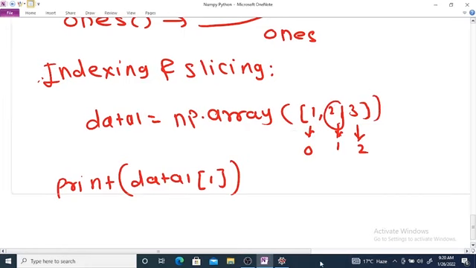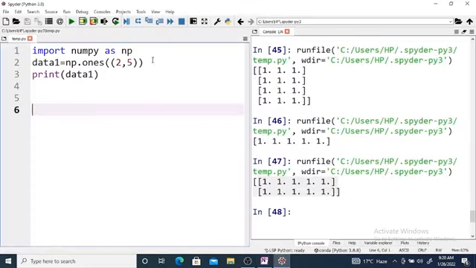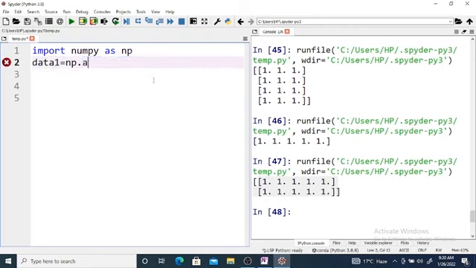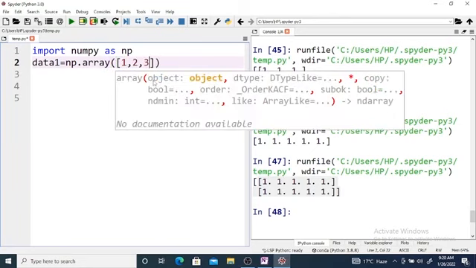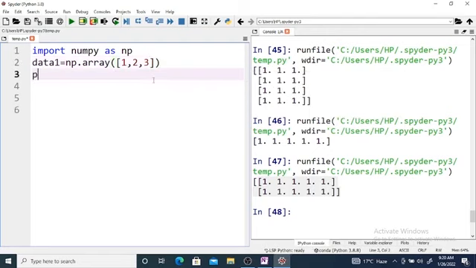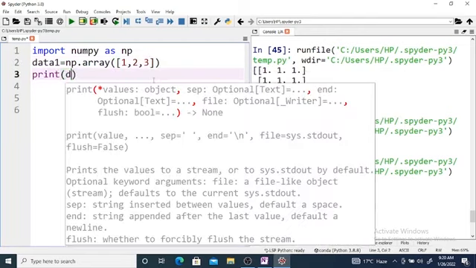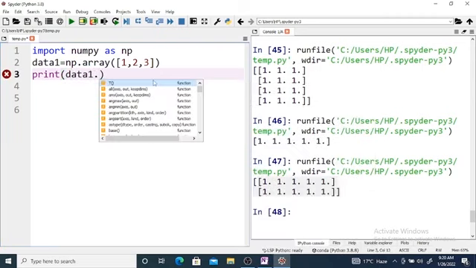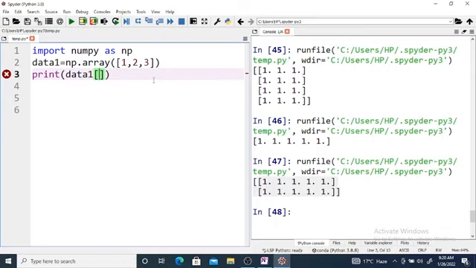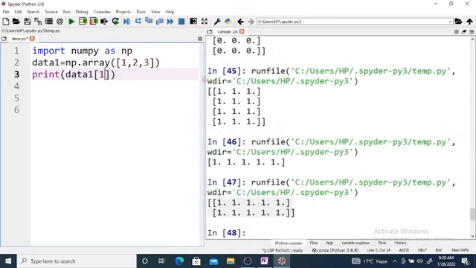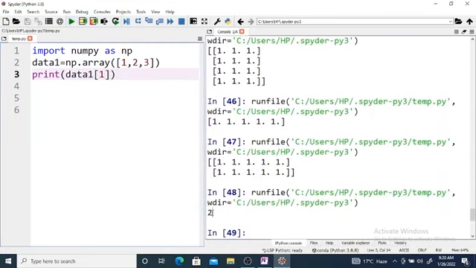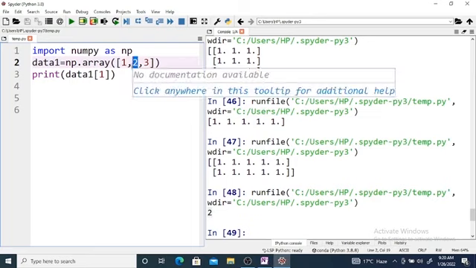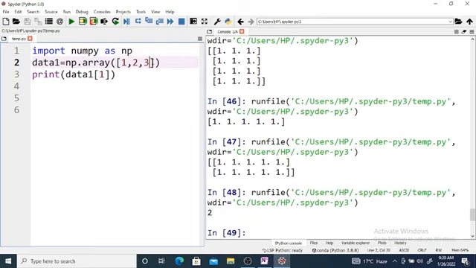So if you consider here data1 is equal to np.array, say 1 2 3, and if you print data1 with index 1, okay, it prints what? 2. So what is the index of this element? 2. If you consider, say here